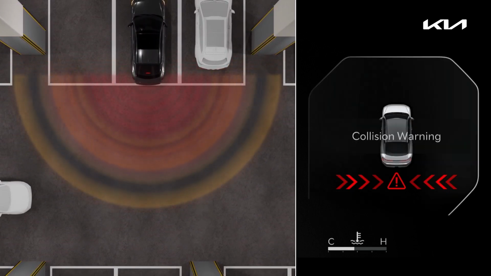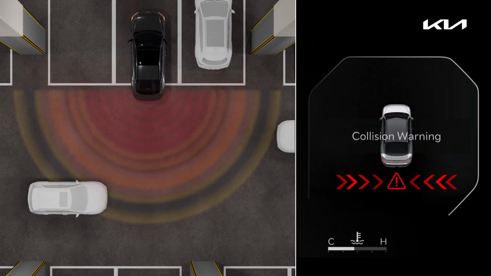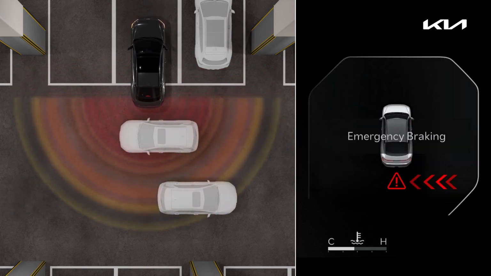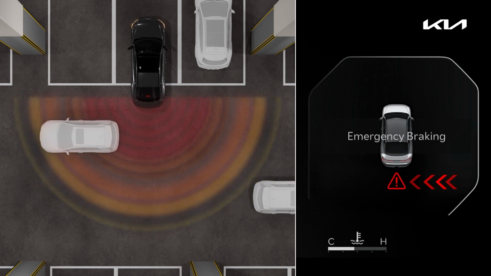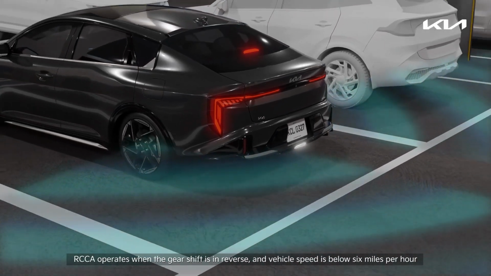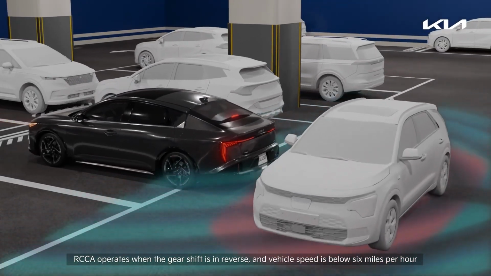infotainment system. If RCCA detects that the collision risk has increased, RCCA may automatically apply the brakes to reduce your speed, potentially helping to minimize the effects of a possible collision. RCCA is designed to operate when the gear shift is in reverse and vehicle speed is below 6 miles per